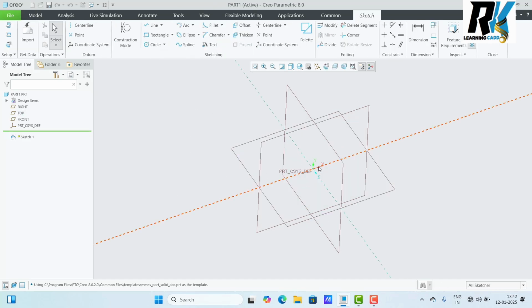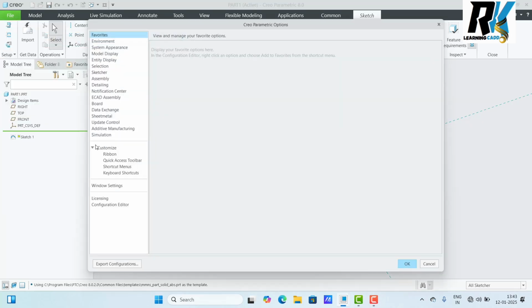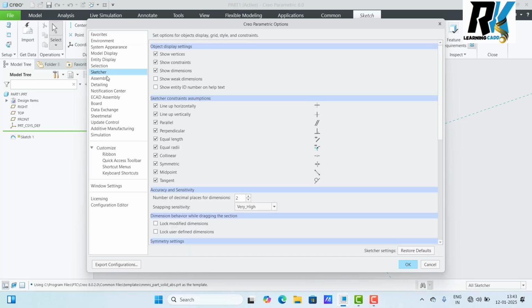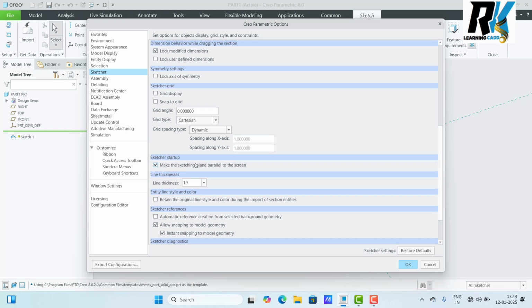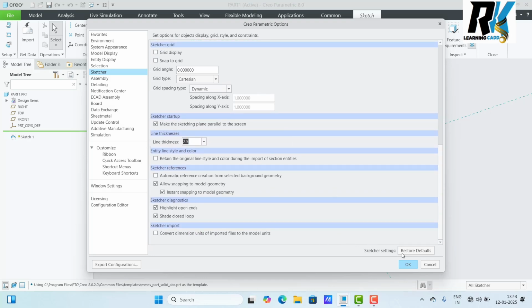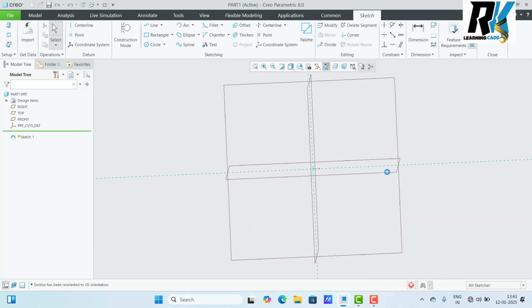Now this is automatic normal no coming. Why no coming? Because of this option no checked. Go to option, click here and go to sketcher. So weak dimension deactivated. Again go downside, lock, modify dimension, this one you checked. After that you select make the sketching plane parallel to the screen. This option activated. If this option activated means plane automatic normal condition coming. Okay. So one more thing, we can increase thickness. Okay friends, now this is important setting done. Just okay and press normal.